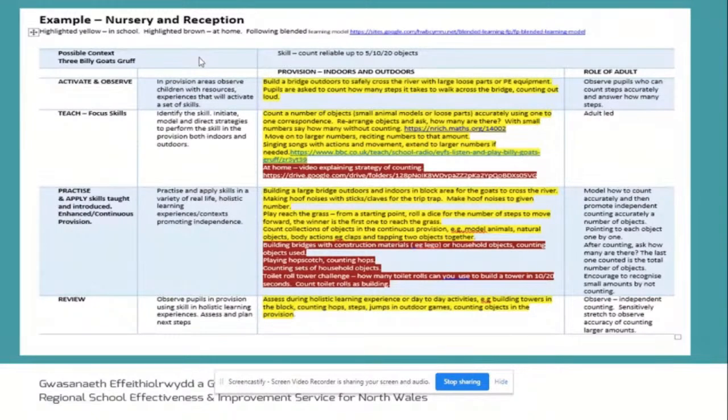At home, children could be playing hopscotch, building bridges with household objects, and counting the number of objects used, and taking part in fun activities such as the toilet roll tower challenge.